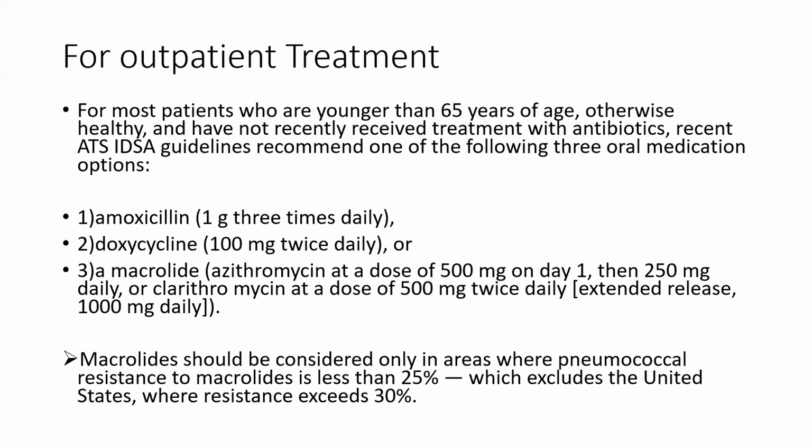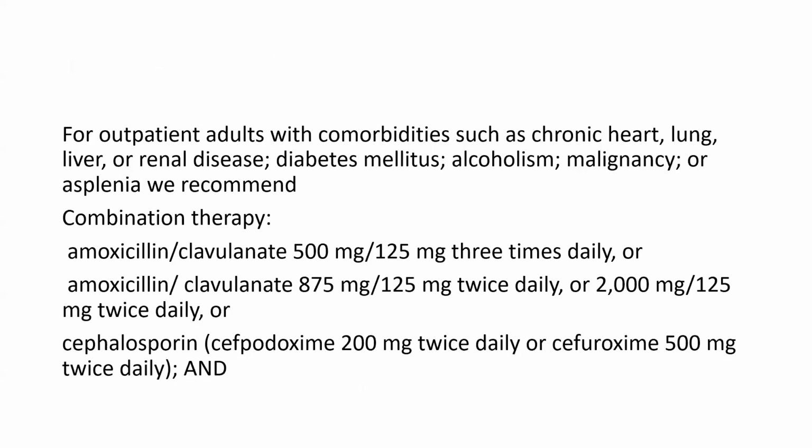So macrolides should be prescribed only in areas where the pneumococcal resistance to the macrolide is less than 30%, which excludes the United States, where the resistance exceeds 30%. So if we are planning to treat the patient on an outpatient basis, and if the patient is old with lots of comorbidities like chronic heart disease, lung disease, renal disease, diabetes mellitus, alcoholism, malignancy, and osteopenia, then we can